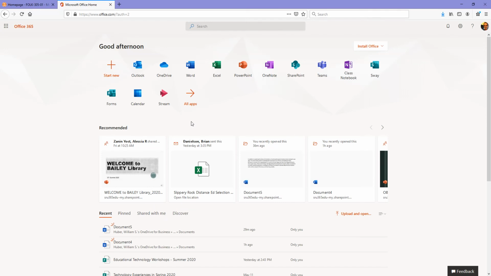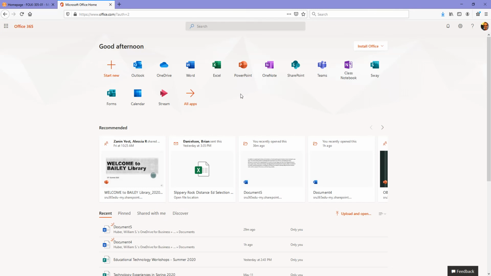If you need the desktop versions that have all the features, and obviously some programs only exist on the desktop version, like Access and Publisher, you can install the full version of Microsoft Office by clicking this button here. It's a pretty big download, and you need privileges to install on your device, but it works on Mac and PC, and as of 2020, you can do that on up to 5 devices. But this online version has some pretty useful things in here that will help you, especially if you are doing